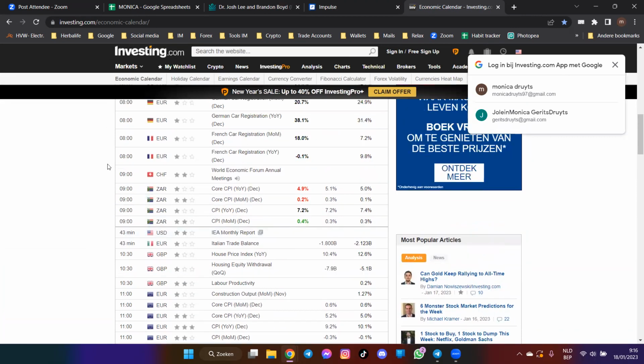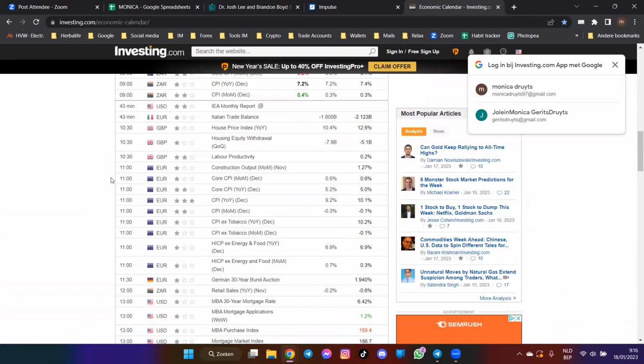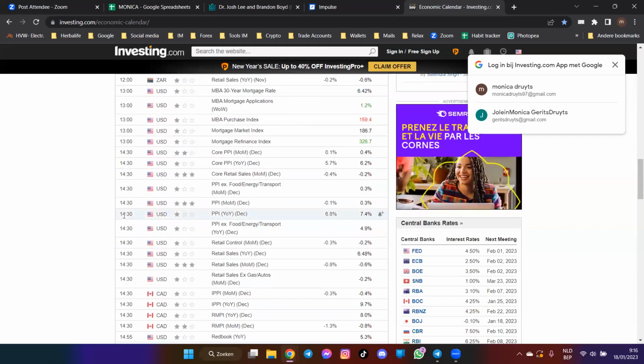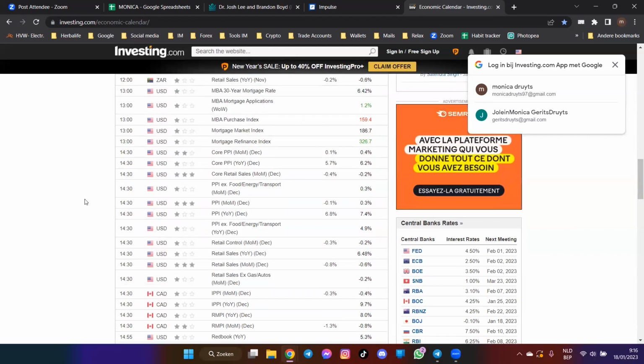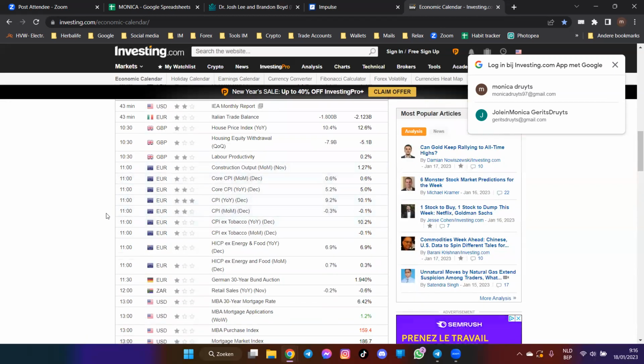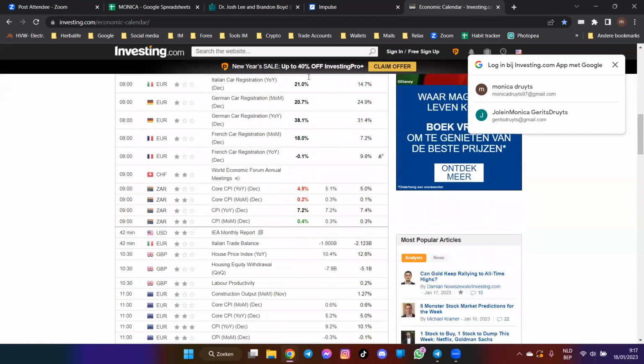Okay, so at 10 we have 2 star on the USD. Normally I write this down, but I'm not expecting to trade today, so I'm just having a quick look. But you have to watch out here, of course. Then we're not on the session anymore. I hope everyone knows how to check the news. I write it down on my paper so I know when or when not to touch the markets.